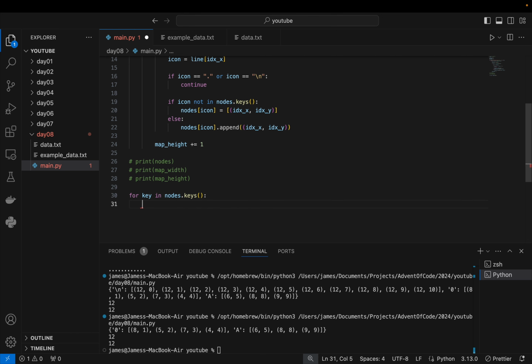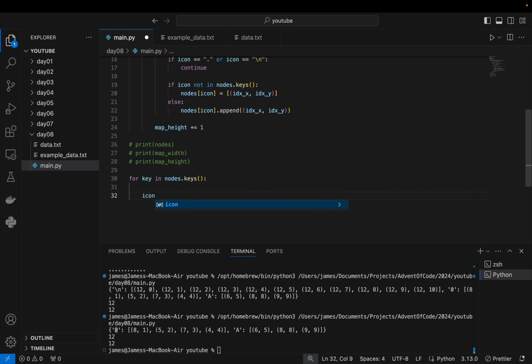each one of these keys is going to be an icon. So here it's going to be the A or the O. I'm not sure if there's a 0. Yeah, it's a 0. So this 0 and this A. What we're going to do is we're going to get the icon coordinates, coords, which is just going to be the value in the dictionary,